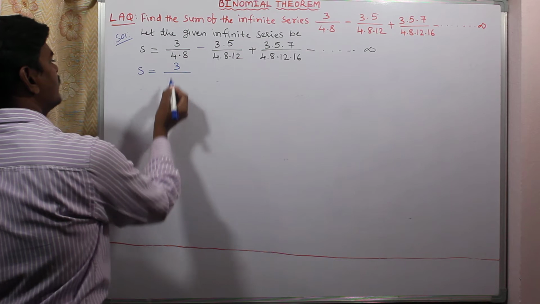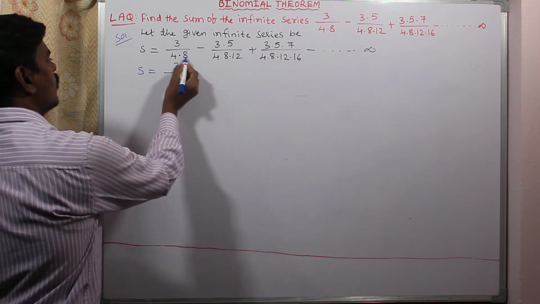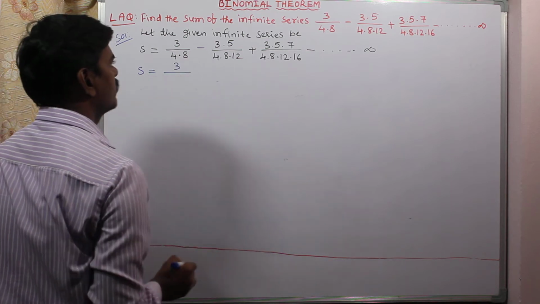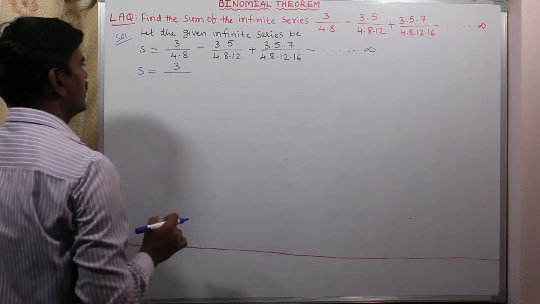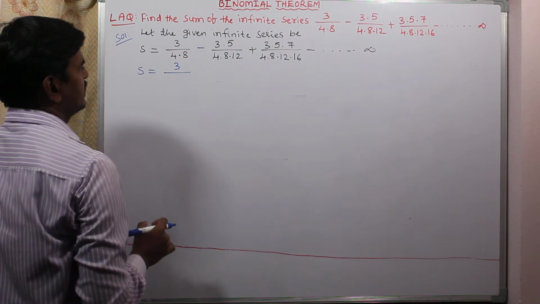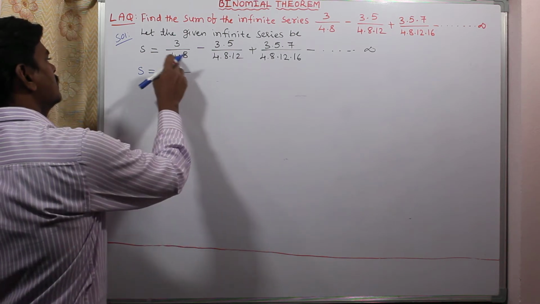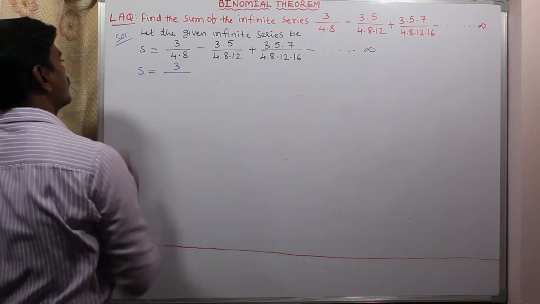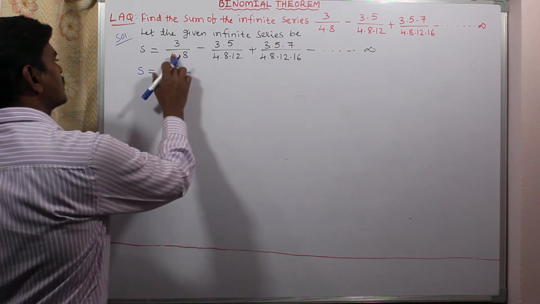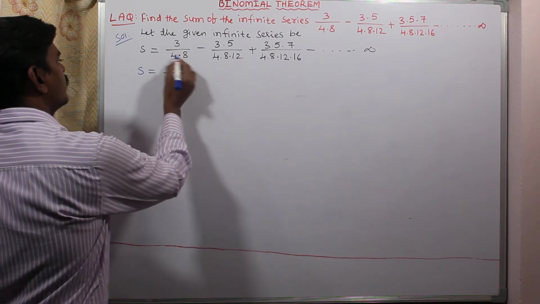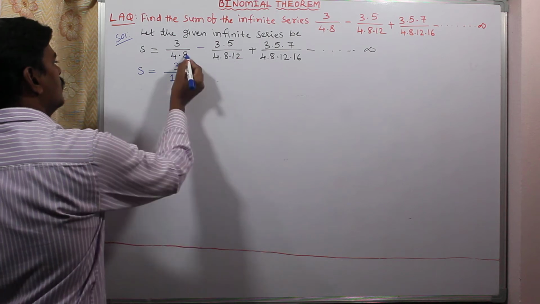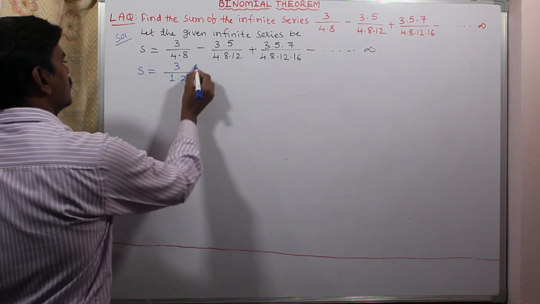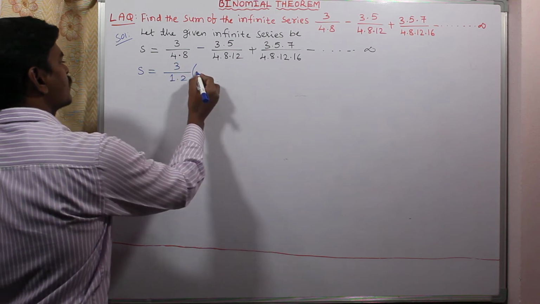What is a possible simplification? We need to keep the denominator aside. In general, in infinite series problems, every denominator will be given in multiples of integers. Here 4, 8 are multiples of 4. So we can keep 4 aside from each number. After keeping 4 aside, 4 into 1 is 4, 4 twos are 8. So we kept 4 into 4, 4 square, aside.